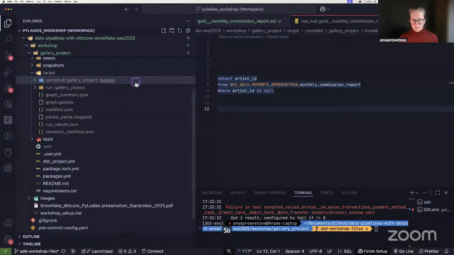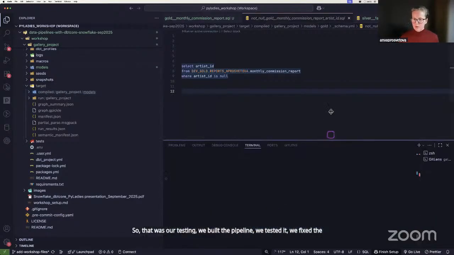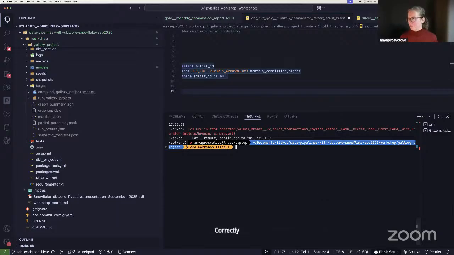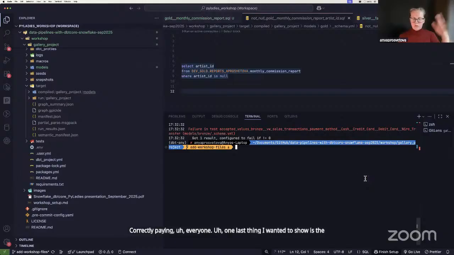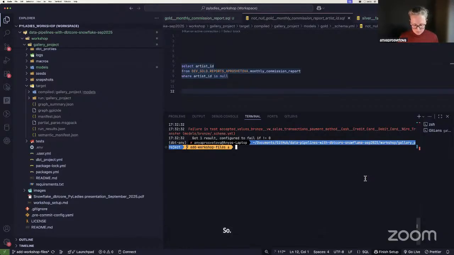So that was our testing. We built the pipeline, we tested it, we fixed the duplication, we now correctly paying everyone. One last thing I wanted to show is the documentation. So you saw all these definitions for fields and tables. So if we run dbt docs generate command,